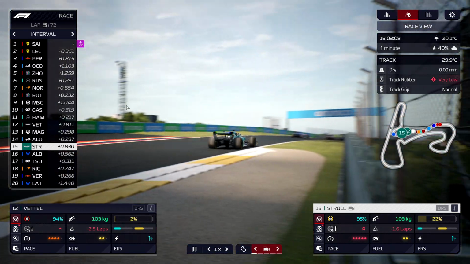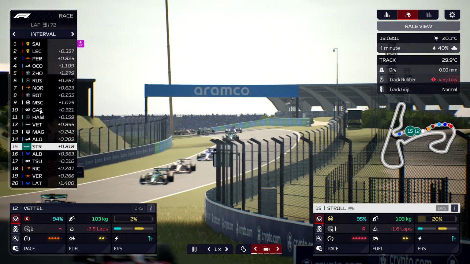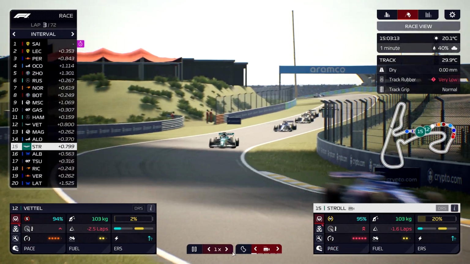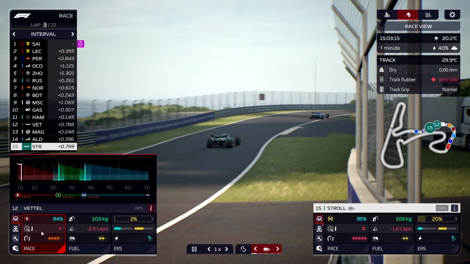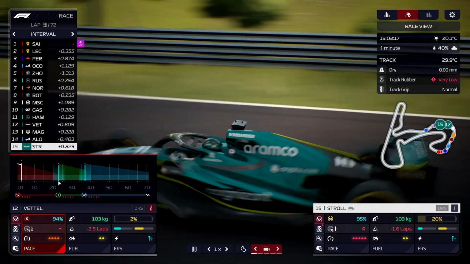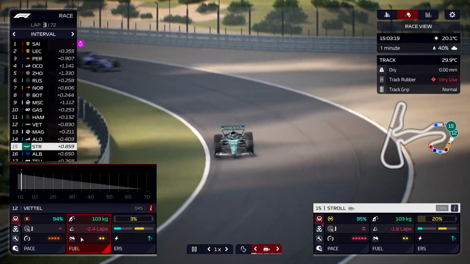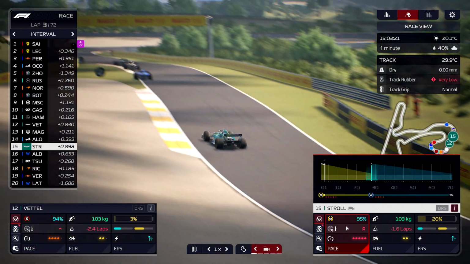Okay, well look, we're not expecting a lot to happen. Maybe we'll bounce up and down a few positions around here. But as I say, we're looking towards this sort of time, lap 20-ish, to really feel the impact of the